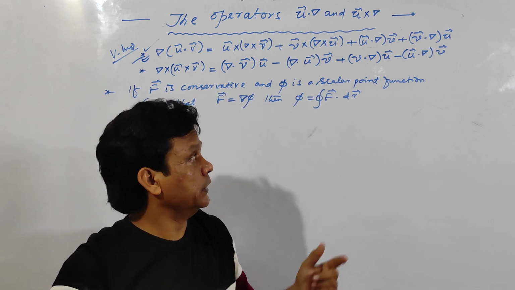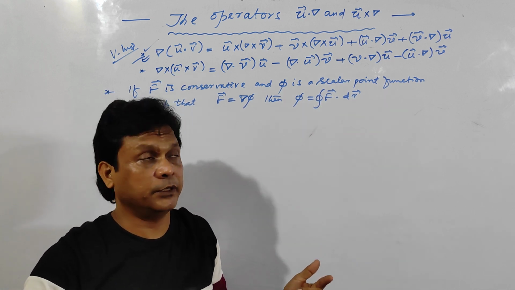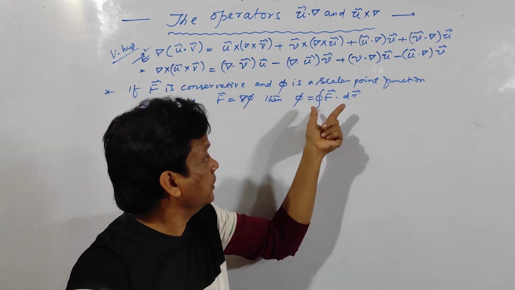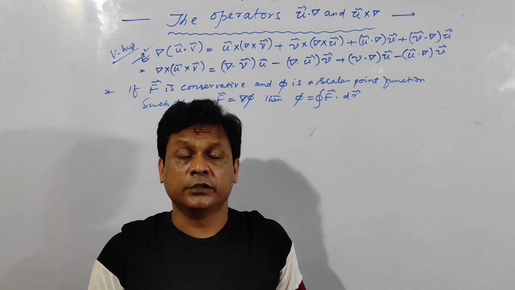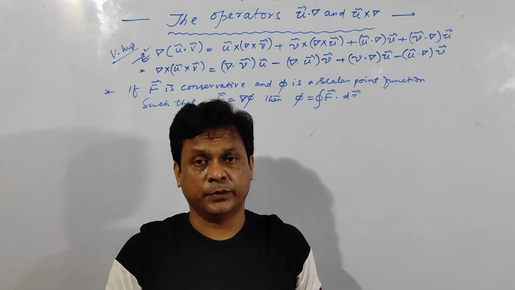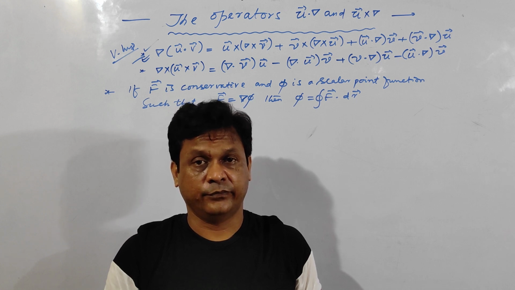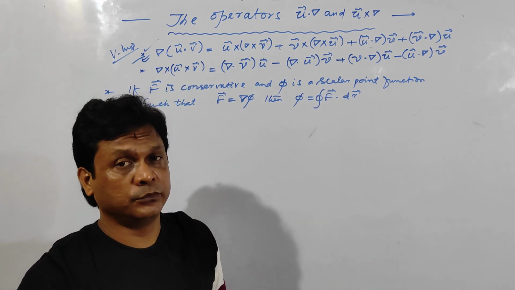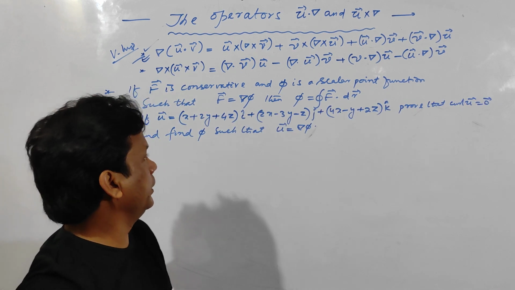And if you apply this theorem to the problems, then it becomes very, very easy. And first of all, this is an exact differential. Why is this an exact differential? Because the meaning of conservative or irrotational is that the differential part under the integral sign must be an exact differential. That is the meaning of conservative or irrotational. Clear? So let us apply this theorem to the problems.